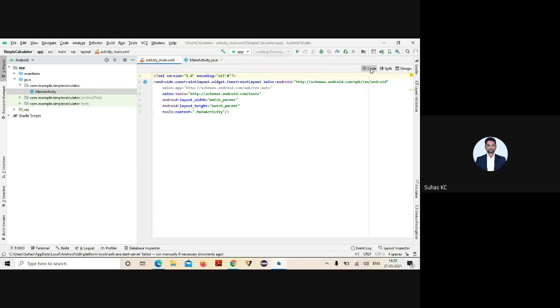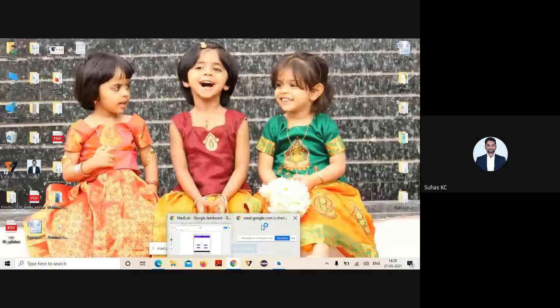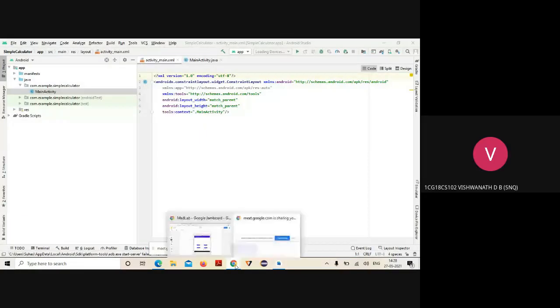Constraint layout means I need to set the cursor to all the 4 positions. What is the use of this particular layout? In order to display the component wherever you want on your screen. That's it. By default, which layout will you be in? Constraint layout. So I need to change to which one? Whenever you do all your lab programs, you need to change to relative layout.